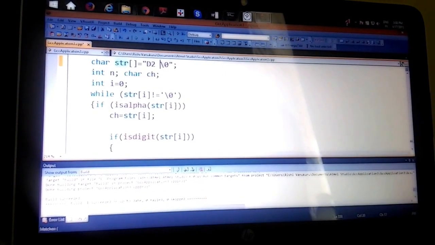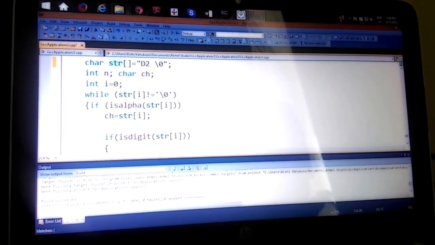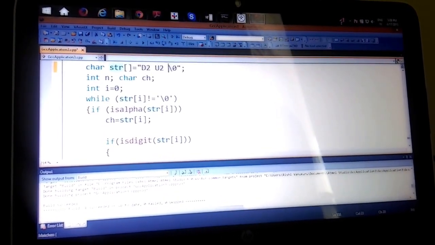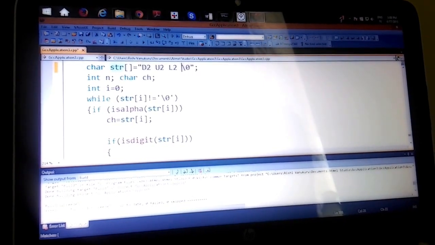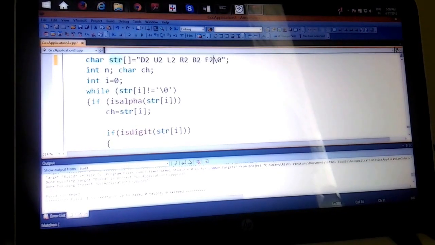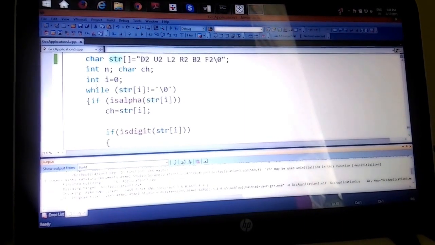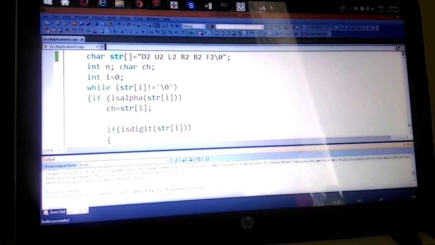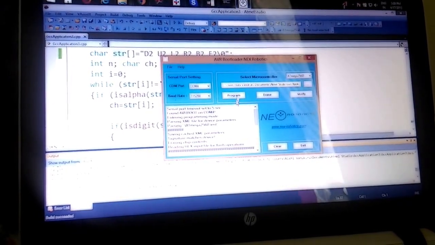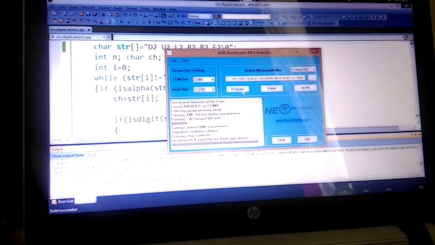Now comes bootloading this solution onto the robot. Basically, what we have is a small string array in the program for the Firebird. All we need to do there is input the steps obtained from the previous program and then bootload the program onto the robot. As you can see in the video, we will now be building the file and then using the AVR bootloader to bootload this code, the hex code specifically, onto the Firebird.